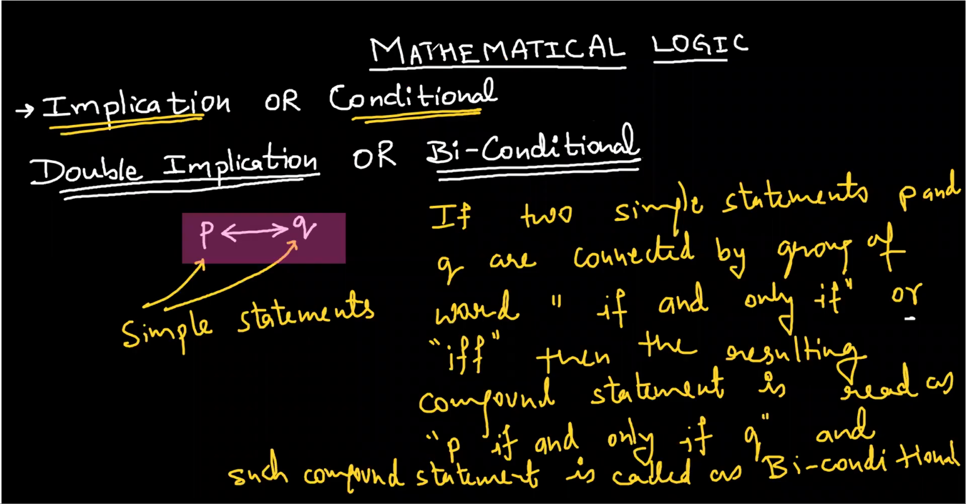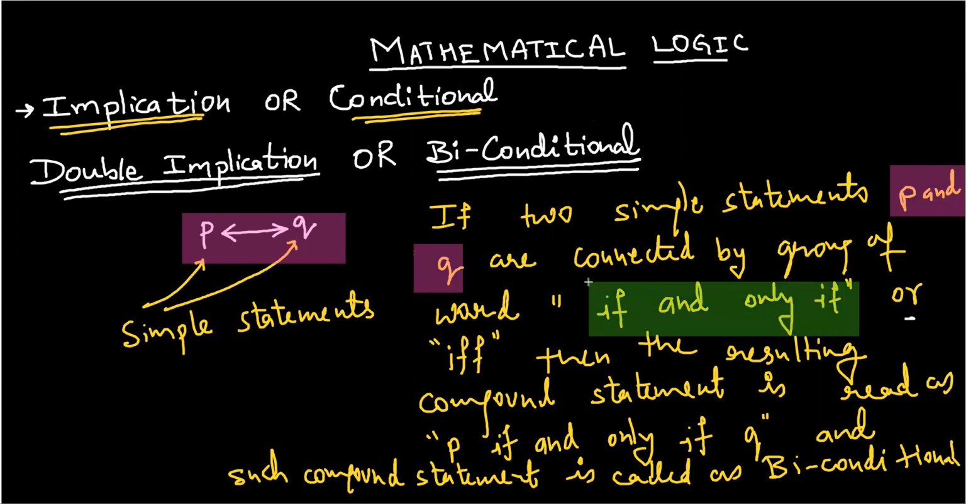So here is the definition, students, for you all. As per the definition, if there are two simple statements P and Q, and these two statements are connected by the group of words "if and only if," which in short is also written as IFF,